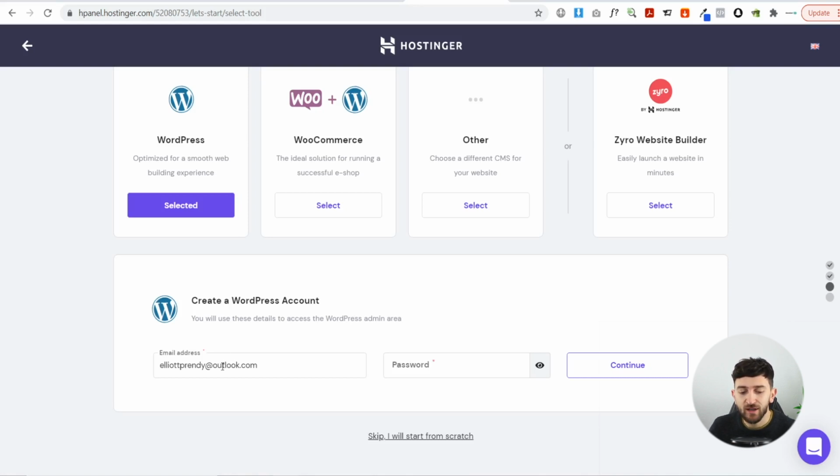So just go and add an email address in here, and then go and choose a password. Now for your password, I recommend using just random numbers, letters and characters. Don't do anything that's easily guessable, because you don't want someone to hack your website for your web design business. And then you can just go and save that password in a Word document somewhere, so that you have that